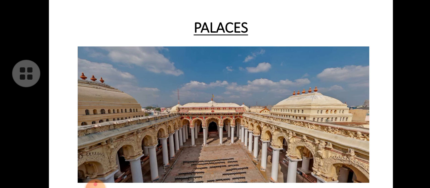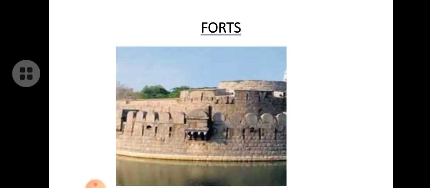See here, this is a palace. It is an ancient building. You all know what a palace is, isn't it? It is a place where the king and queen live. The next archaeological source of monuments is the fort. During the ancient period, in order to save a city from enemies, the army soldiers built a strong, large building which we call a fort. So this is another type of archaeological source.